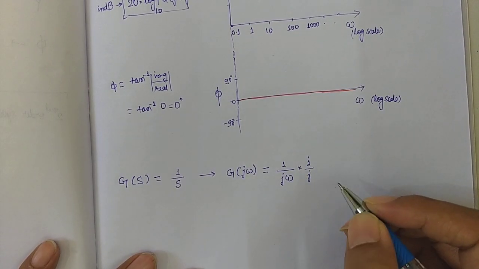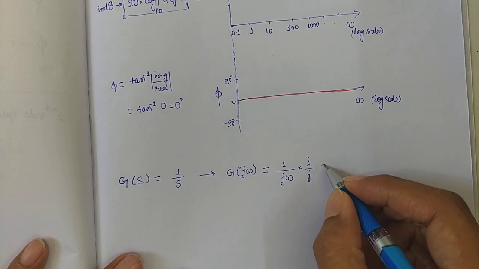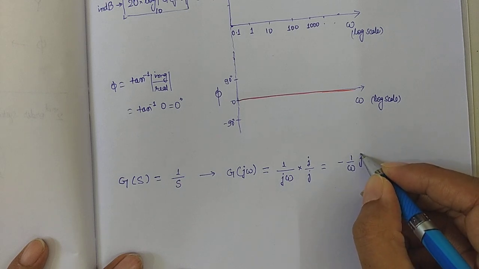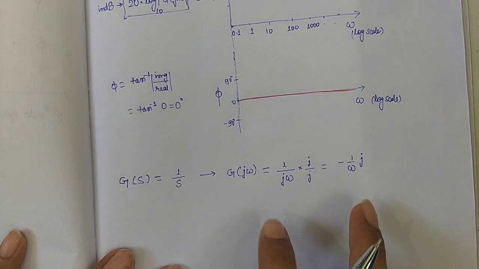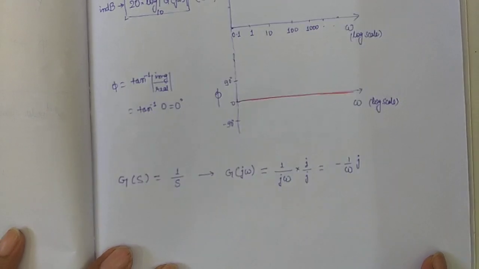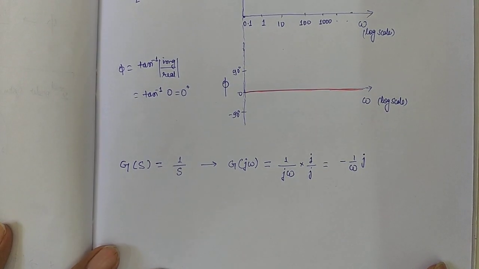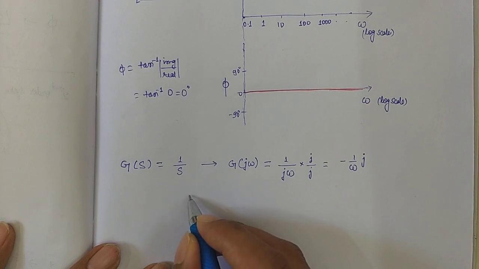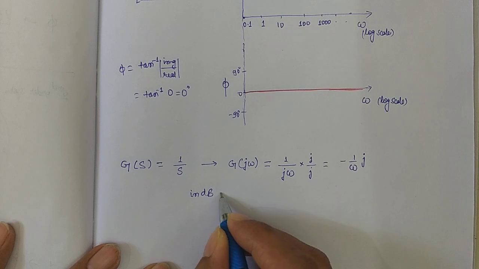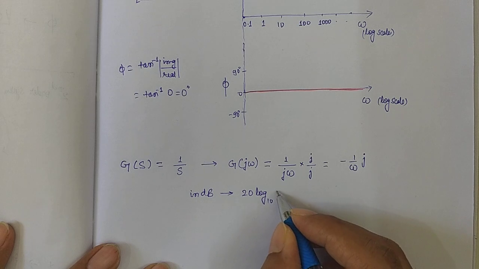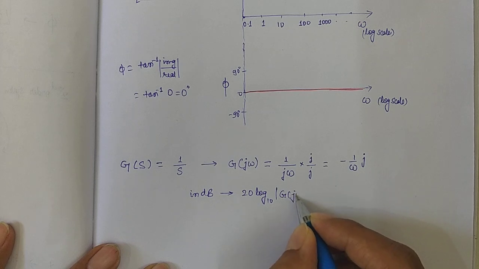Let's multiply it with j on both sides, so we are going to get minus 1 upon omega times j. Okay, this is what your frequency transfer function is going to look like. Now let's calculate what should be the magnitude in dB. In dB, magnitude will be 20 times log 10 of G(j omega)